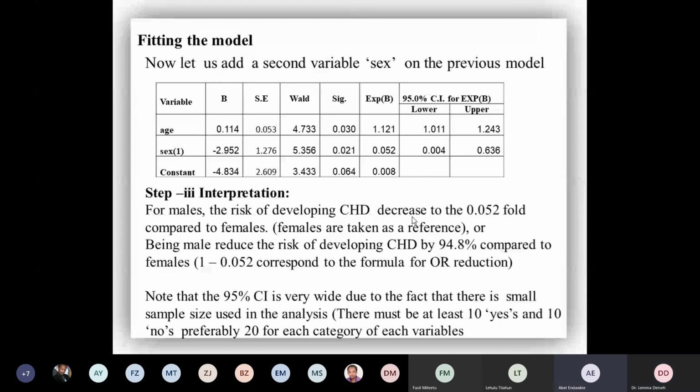ወንዶቹ በ0.05 ከተቀነሰ ከሴቶቹ ጋር ሲወዳደሩ ያ ማለት በ0.95 ቀንሰዋል ማለት ነው። 0.5 ፎልድ ማለት 0.5 ታይምስ ነው፣ 0.5 ከቀነሰ በግማሽ ቀንሰውታል ማለት ነው። ግማሽ ሪስክ ነው የሚኖራቸው። 0.5 ታይምስ ወይም 0.5 ፎልድ ስንል የነሱን ግማሽ ናቸው ማለት ነው።